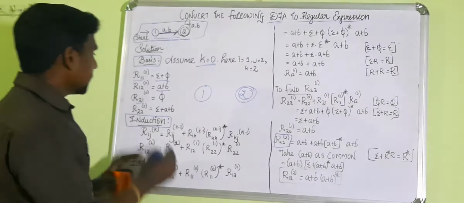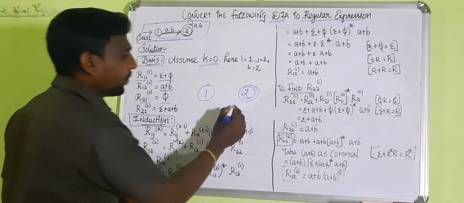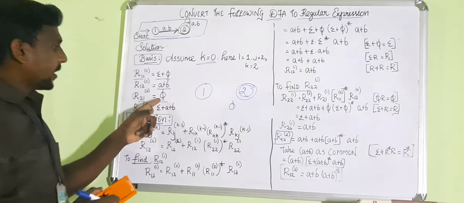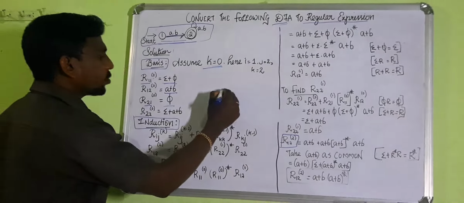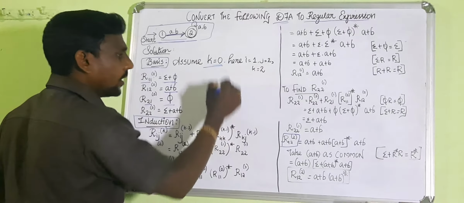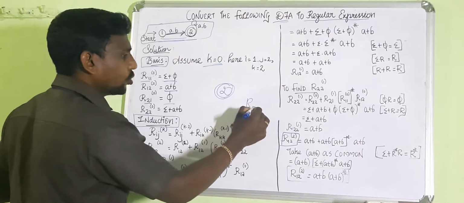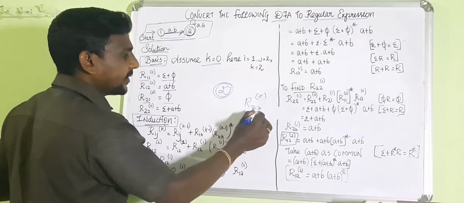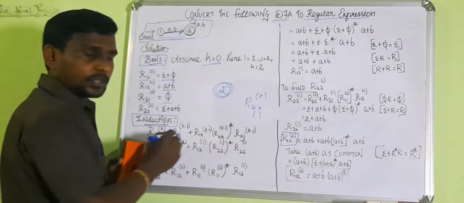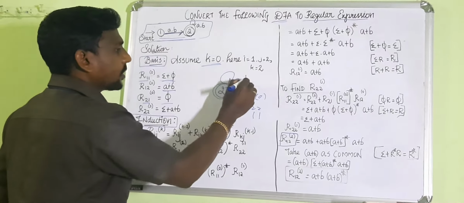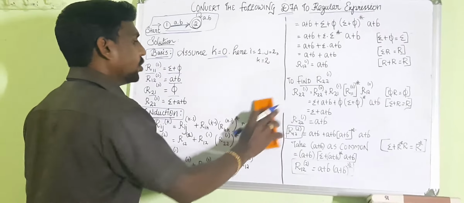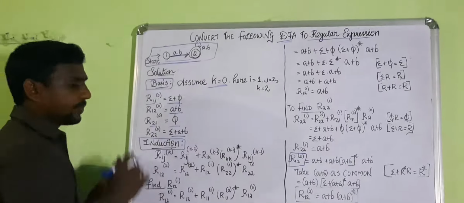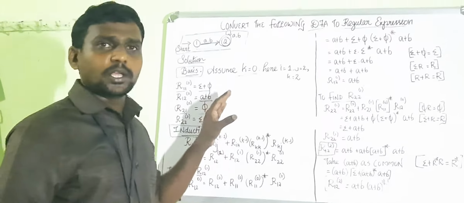If it is like this, we have the regular expression phi, empty. Okay, that's what I have written here. Regular expression phi. And now R22 power 0: 2 2 means the starting state is 2 and the accepting state is also 2. So only this. Okay, so I have a comma b. So if it is a comma b, we will write epsilon plus a comma b. Okay, you don't ask how it comes. Epsilon plus a plus b. This is the Thompson construction rule.